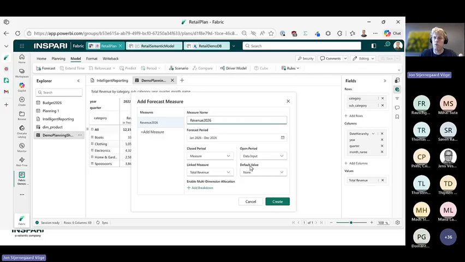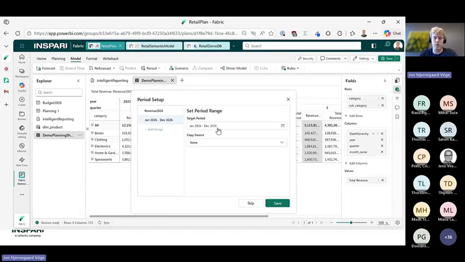There's a lot of options here. I won't cover all of them, but basically you have the option to define how this column that you're creating will behave also back in time and ahead in time, if that makes sense. Then you can split up this period into smaller period ranges. Let's say that I wanted the period of January through June to grab the average values from the prior year for the same months. That's one possibility. I could also say just grab the exact same values that we had last year. Don't assume any changes. We can make changes afterwards.